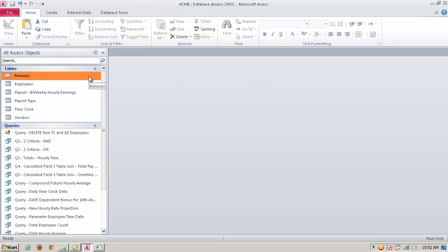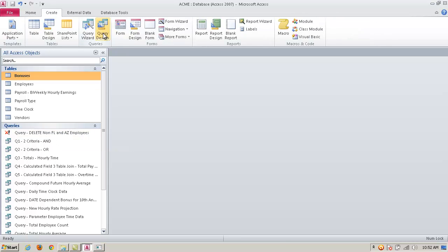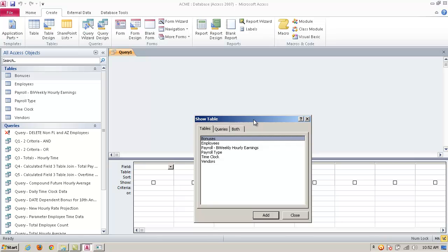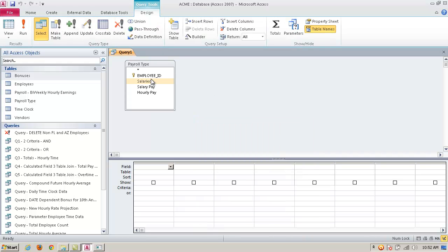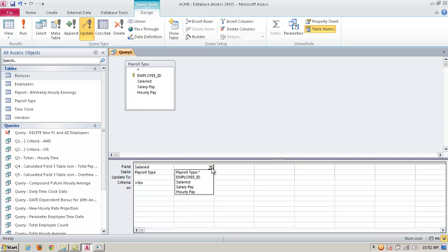And then let's say we're going to incorporate that into hourly rates. Well, again, I want to create a query in design view. All I really need to manipulate is the payroll information, the hourly pay. So I'm going to click on payroll type, where I have that information. I want to select update. That'll add the updated to field. And I'm going to specify salaried, and the criteria is going to be new, because I don't want to update anything there. And then that's going to be from wage data. I'm going to specify the hourly pay from payroll type, and I'm going to make it updated to, it's going to be their current rate